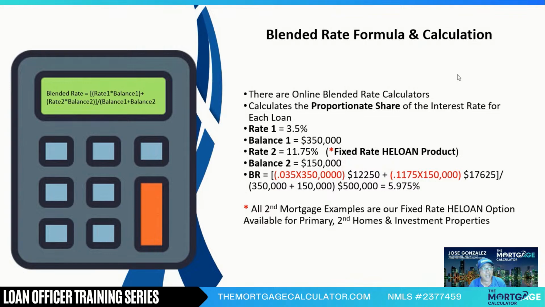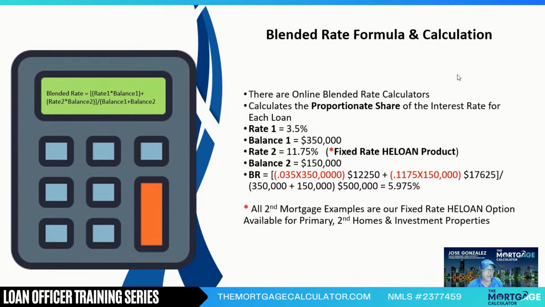Well, the blended rate equals rate 1, 3.5%, times balance 1, which is $350,000. Now that gives us $12,250. And then to that, you have 11.75, which is the rate for the HELOAN, multiplied times the balance of the HELOAN, which gives you your answer there. You have 11.75 times 150,000 equals